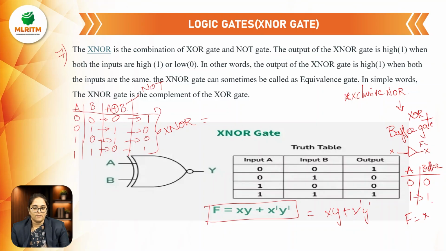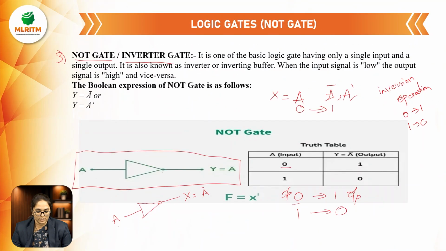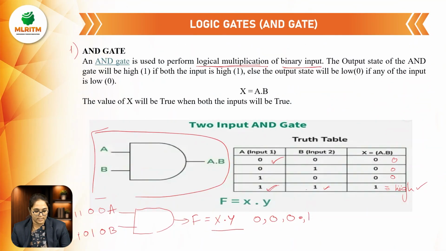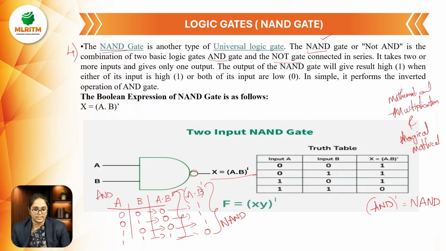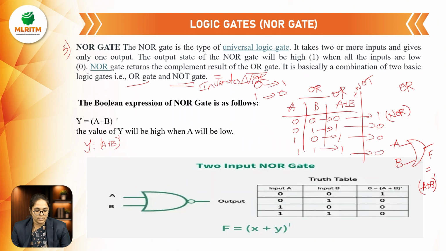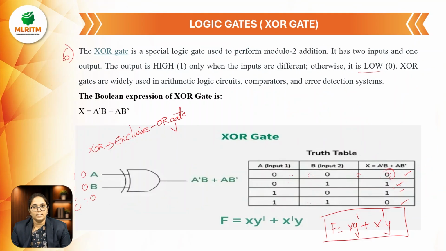So these are the different types of logical gates. So first one is nothing but an AND gate, OR gate, NOT gate, that is also called an inverter gate, and this is NAND gate, reverse of your AND gate. And next NOR gate. NOR gate performs OR plus NOT, which is nothing but a NOT gate, reverse of your OR gate. And next one is XOR gate. This XOR gate is also called an